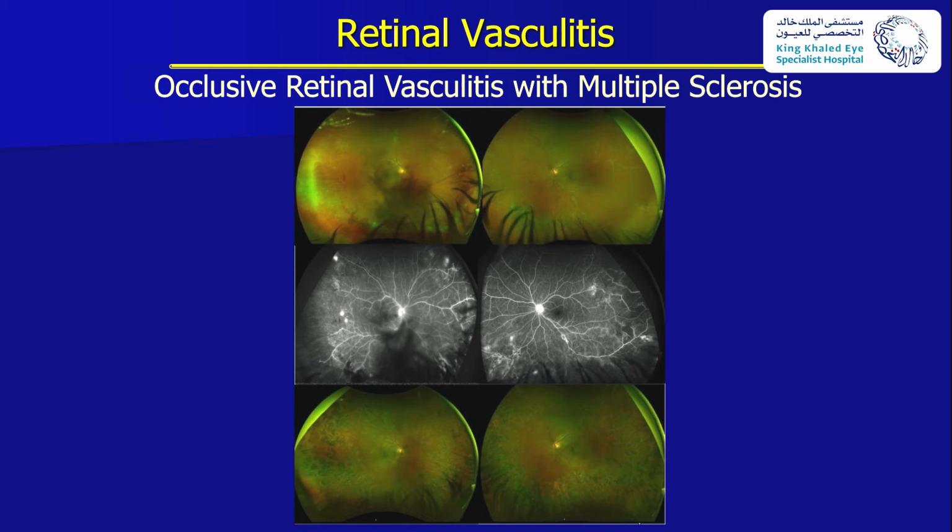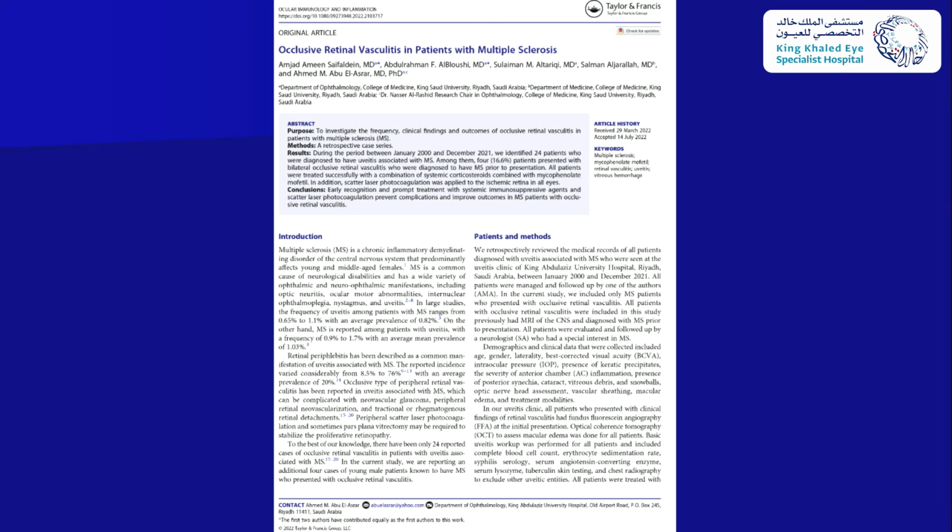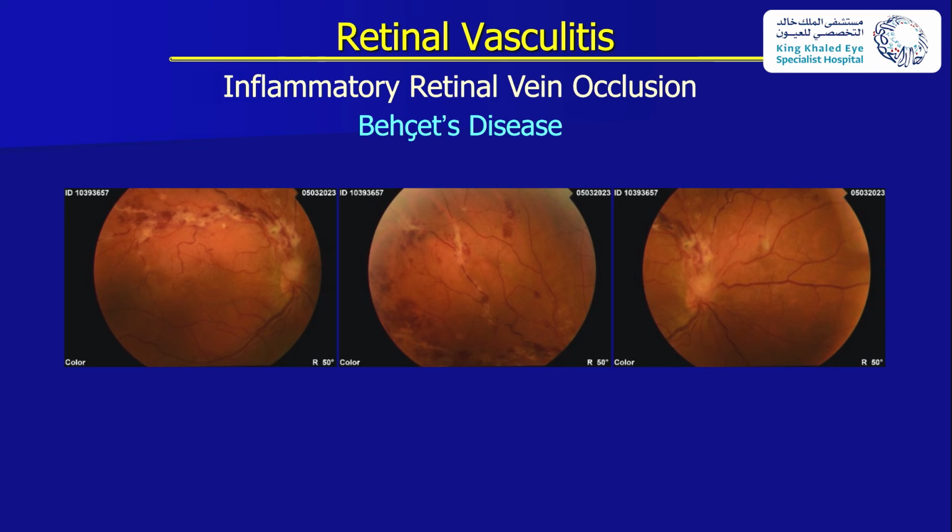We also published a short paper showing that we can see occlusive retinal vasculitis in patients with multiple sclerosis. This also can happen, but not as common. This is the paper that relates to multiple sclerosis. Another complication of retinal vasculitis is